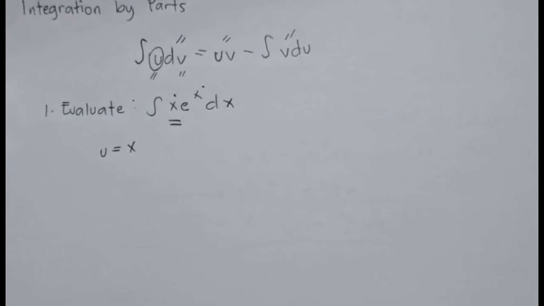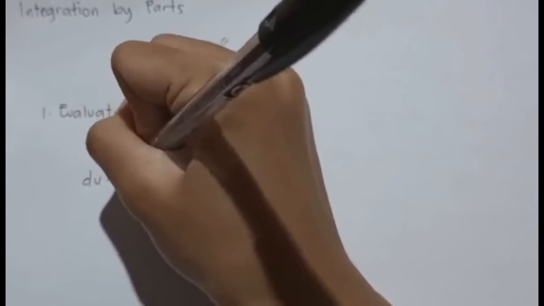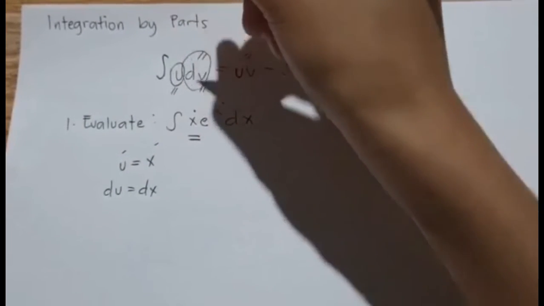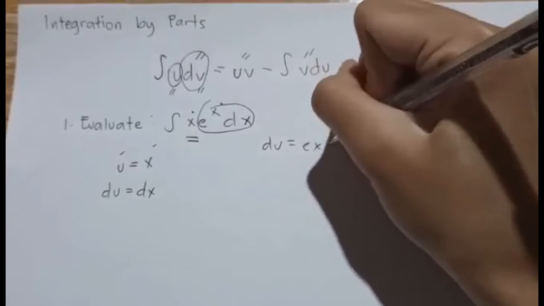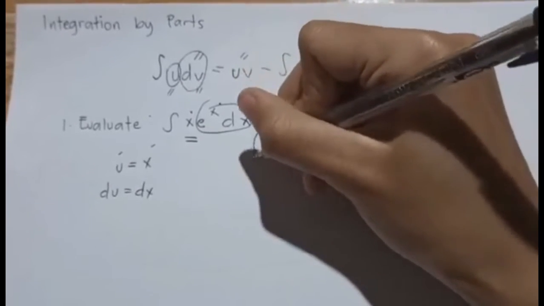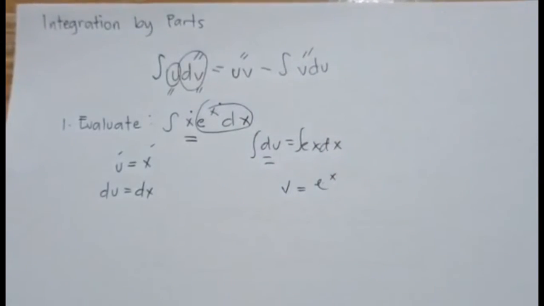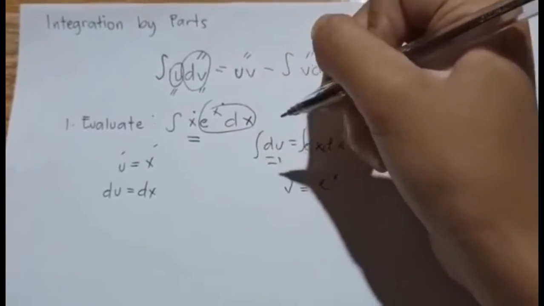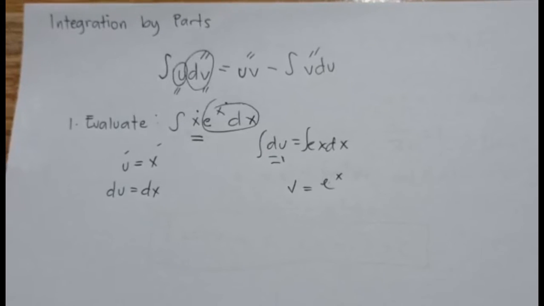Then the next step is we're going to differentiate both sides. Getting the derivative of u equals x on both sides, we have du is equal to dx. And the rest is obviously dv, this expression e raised to x dx. So we're going to solve for v by integrating both sides. The integral of dv is v, equal to the integral of e raised to x dx, so v equals e raised to x. We're not going to put the constant in. That's my hint for you all: let dv be such that it will be easy to integrate, like e raised to x dx. Therefore, the integral of x e raised to x dx now